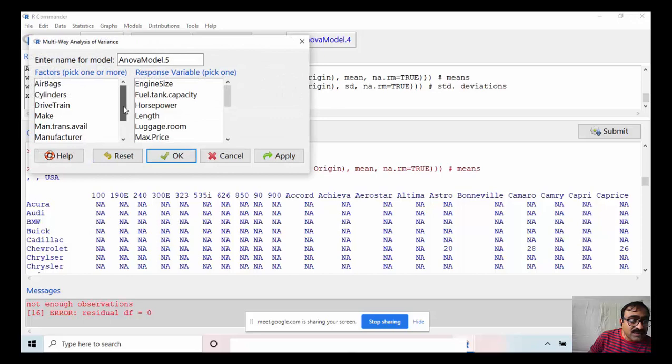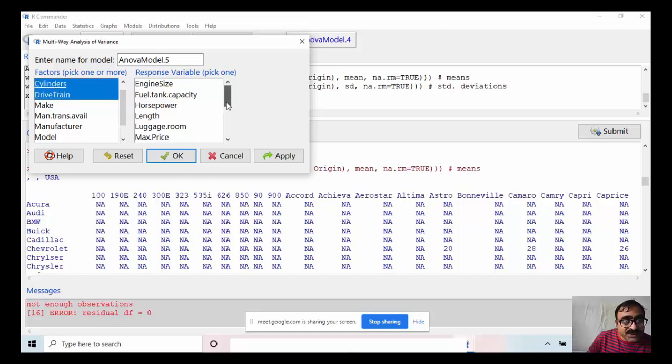I can choose these factors. One is the cylinders and another is drive train.